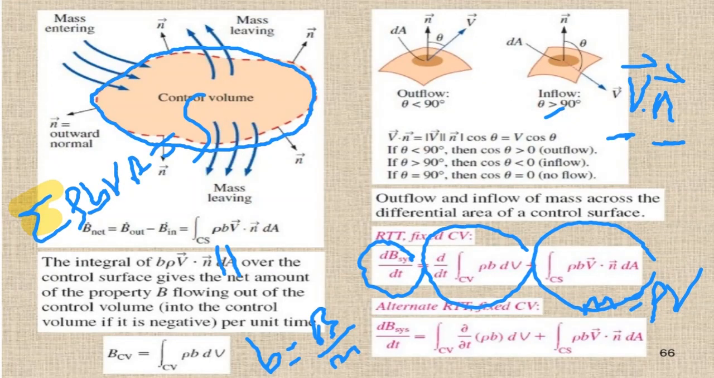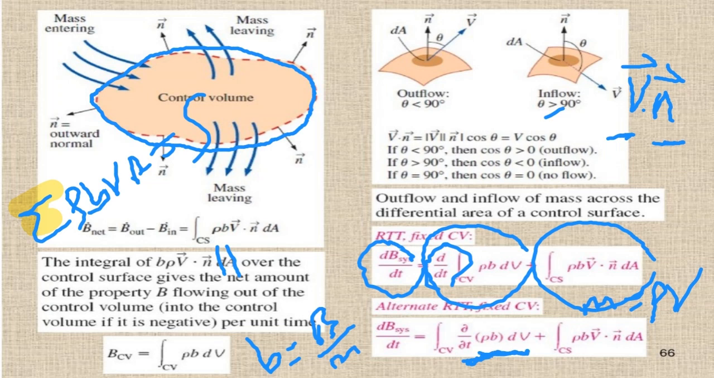The time rate of change of extensive property B for a system is equal to the time rate of change of this extensive property inside the control volume plus the net amount of this property coming to the control volume and leaving the control volume. Some will be plus, the entering ones, the leaving ones will be minus. Sometimes it's also possible to move this derivative to inside the integral. So when you do it, it looks a little bit different, but it's just another alternative form of the